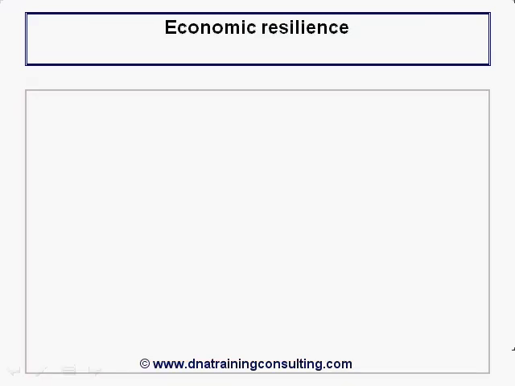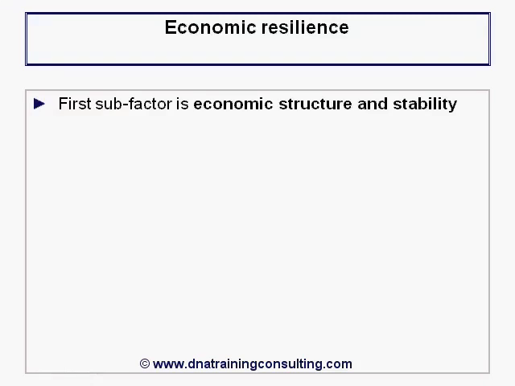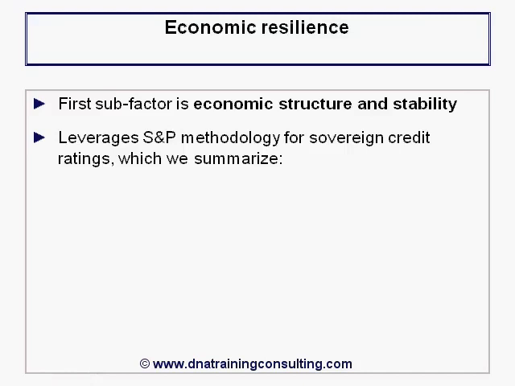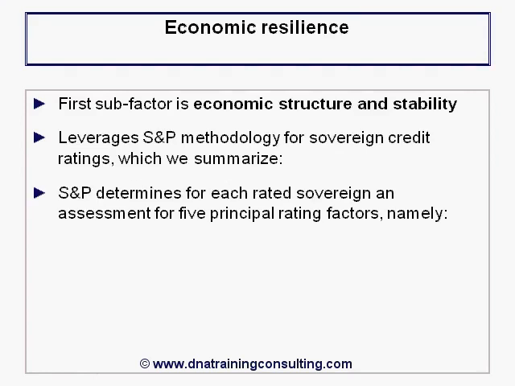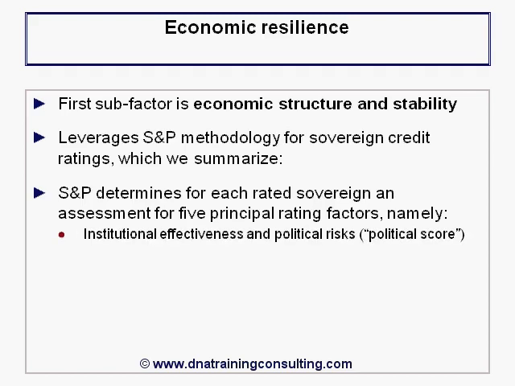Within the factor economic resilience, the first subfactor is economic structure and stability. This leverages S&P's methodology for sovereign credit ratings, which is too long to describe in detail here, but which we summarize very briefly in a few sentences. S&P determines for each rated sovereign an assessment for 5 principal rating factors, namely institutional effectiveness and political risks, referred to in short as the political score,